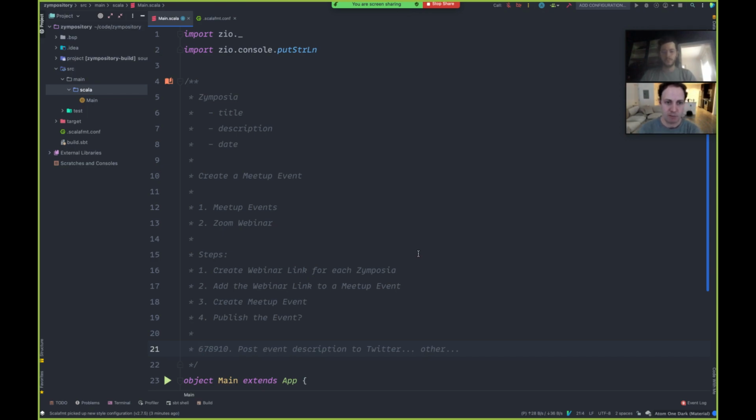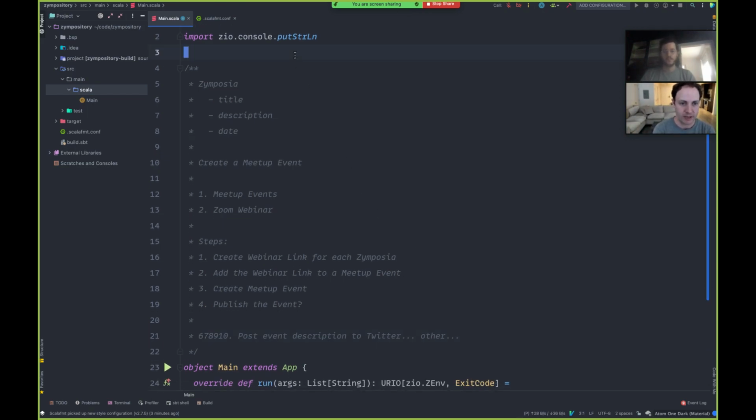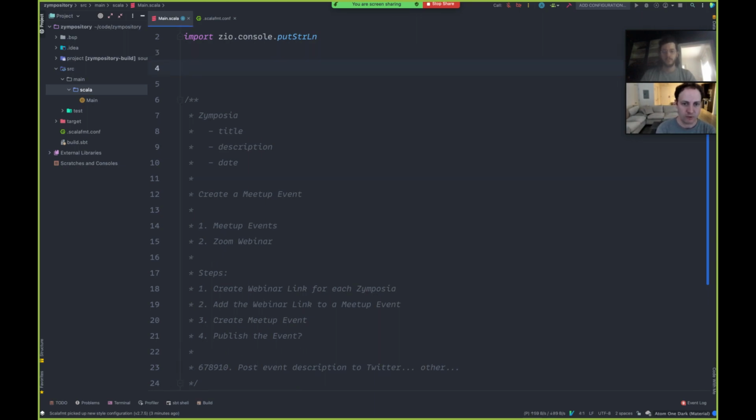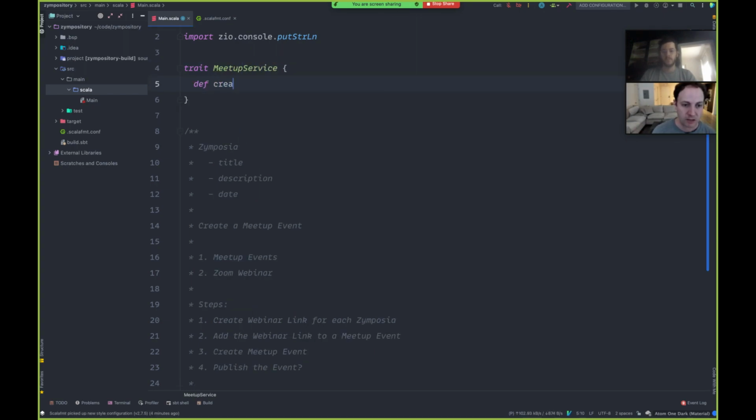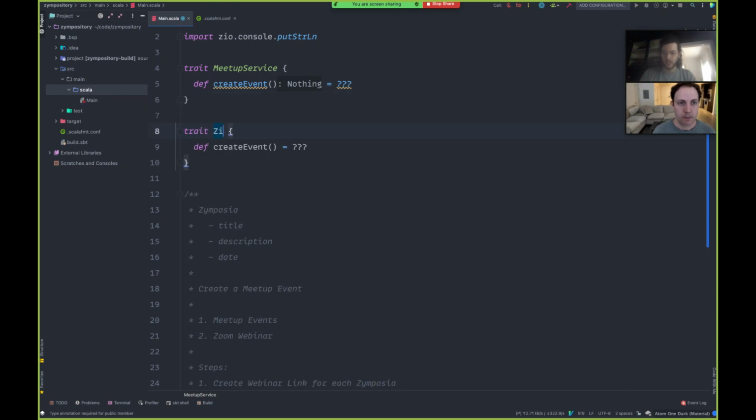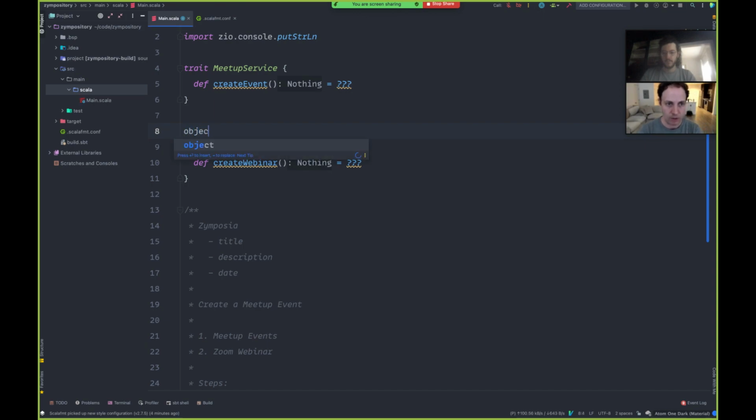And so it feels like maybe, at least in our first version, we have 3 different services here. We've got a Meetup service that knows how to communicate with Meetup using its protocol and just exposes a very simple API with a couple of methods, like basically create webinar, that gives us something back. Oh, sorry, create event. The Meetup service would let us create an event. And then we have the Zoom service that creates the webinar.